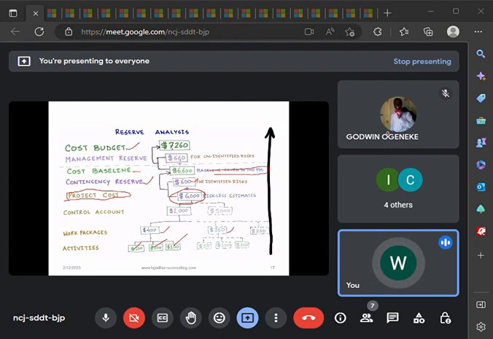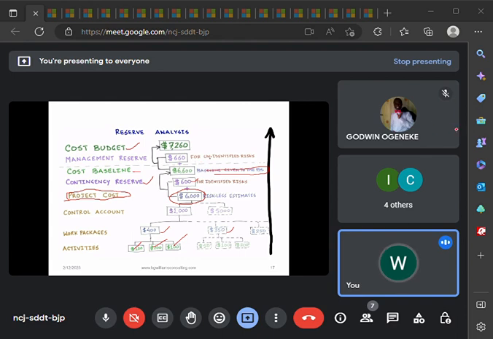So management in their wisdom say, okay, you know what? If the cost the project manager has provided will be this, let's just keep maybe 20%, 30%, whatever percentage to take care of any unidentified risk that may occur that the project manager did not factor. So that when the project manager calls back and says, excuse me, sir, this happened, that happened, like the End SARS protest that took place, this is the damage it caused, and it will affect us by so much amount. They say, okay, no worry, we have already made the reservation. They will release that amount. The reason why it is easy for them to release is because they made reservation for what? Management reserve, to take care of